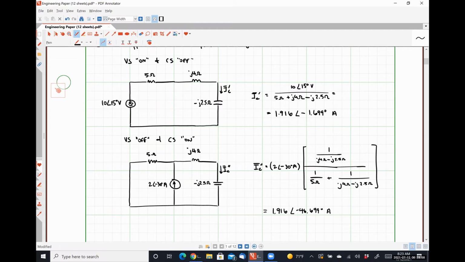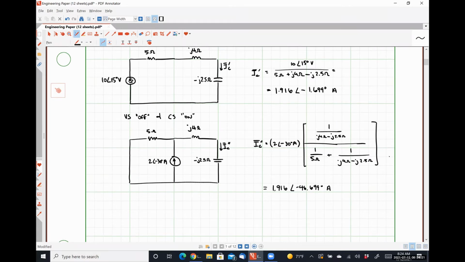Yep, okay. Sorry, I was concerned purely because I get the exact same result for both the top and the bottom, but there's a phase angle difference of 45 degrees. That's just because of the numbers that I chose. I just wanted to make sure I wasn't doing something goofy. All right, so